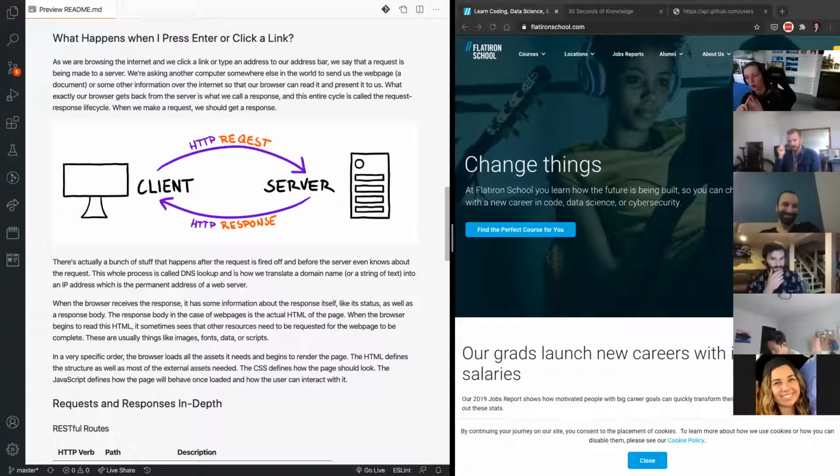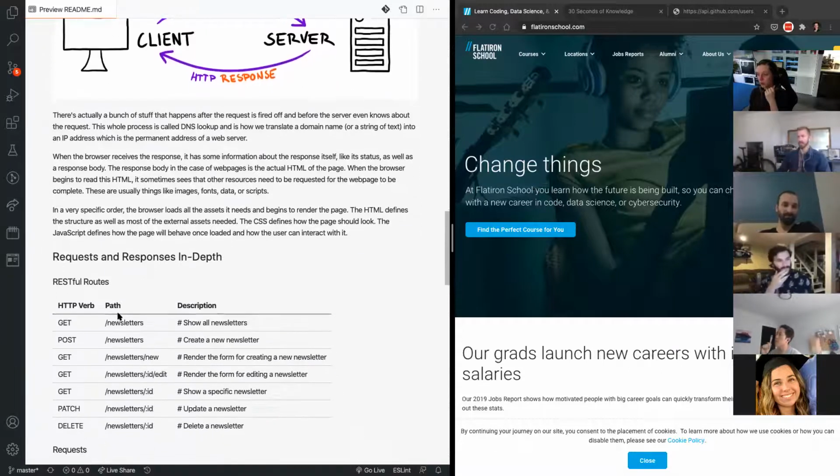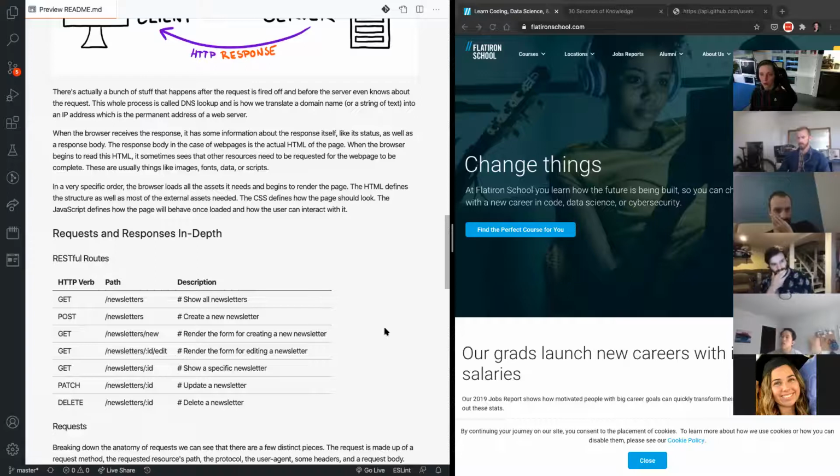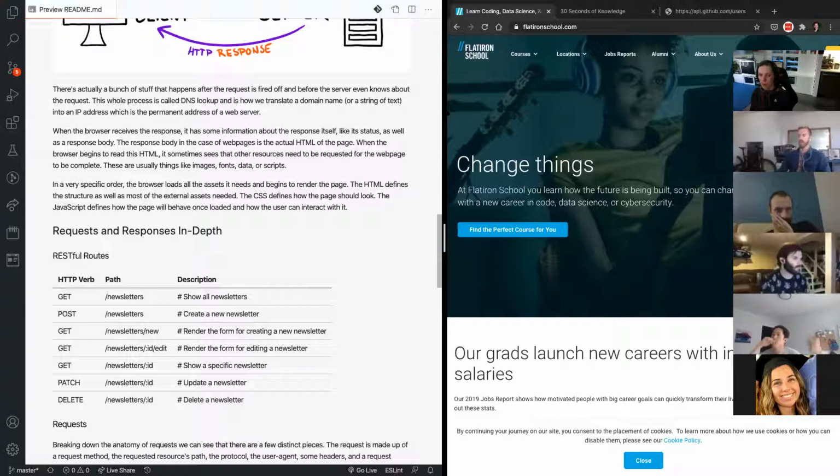We usually work with get, post, delete, patch, put, right? These are different types of HTTP verbs that we can use to make a request like this, and they do different things. They serve different purposes. Just remember one thing that's a little bit odd, which is that any kind of browser that we're using can actually only make two different types of requests. We can only make get and post requests.